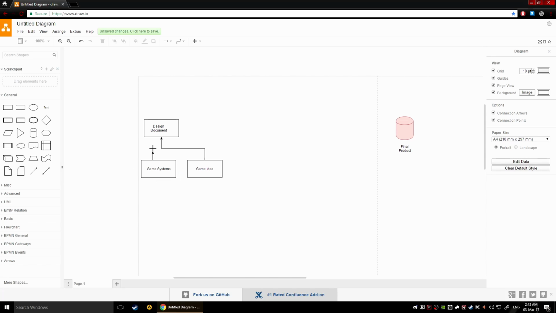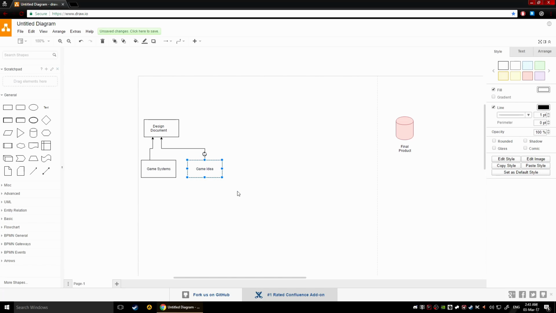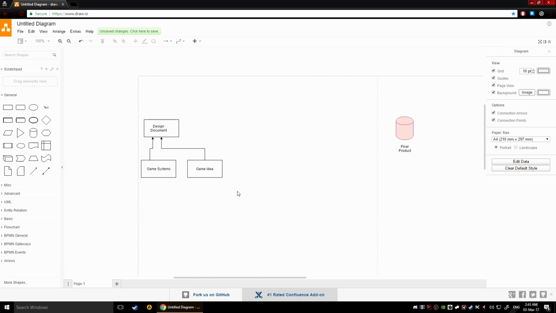This is your game systems. It goes right into the design document. So this is your game idea, right? How is it going to play? What's it going to be about? What kind of story outline you're going to have. But these are your game systems. Usually this is the work of a game designer, but this is your first specialization, so to speak, your first item that you're going to add to your inventory of skills is being your